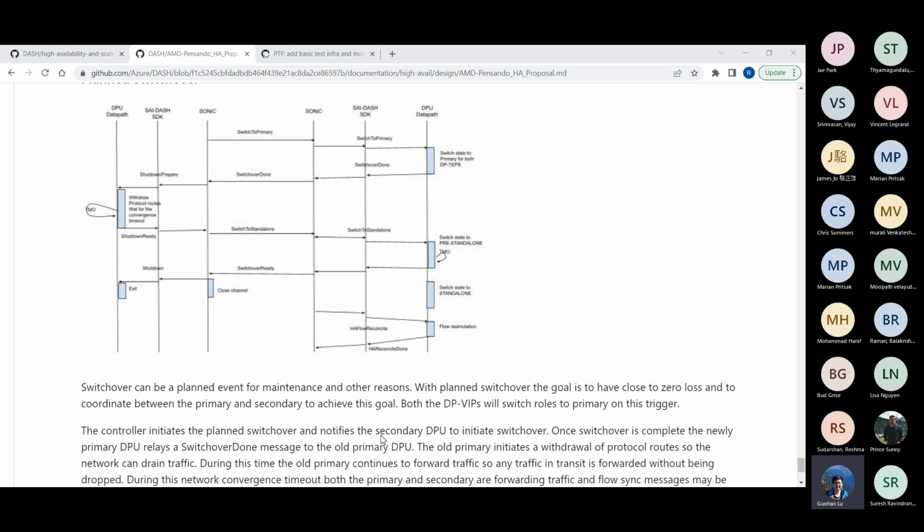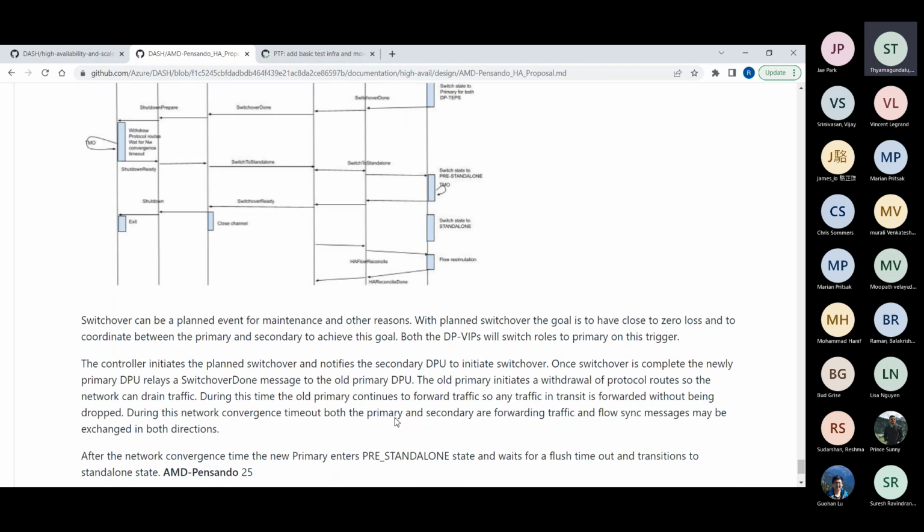I thought the standby should not receive any new flows directly from the network when it's in standby state, and if it does receive them, it should reject them, right? Or should it create the state? Yeah, I think we have mentioned that, and if it's not sufficient, we can expand. In this section, towards the end, it is mentioned that during this window, both the standby and the active, in the last line in the shared portion.